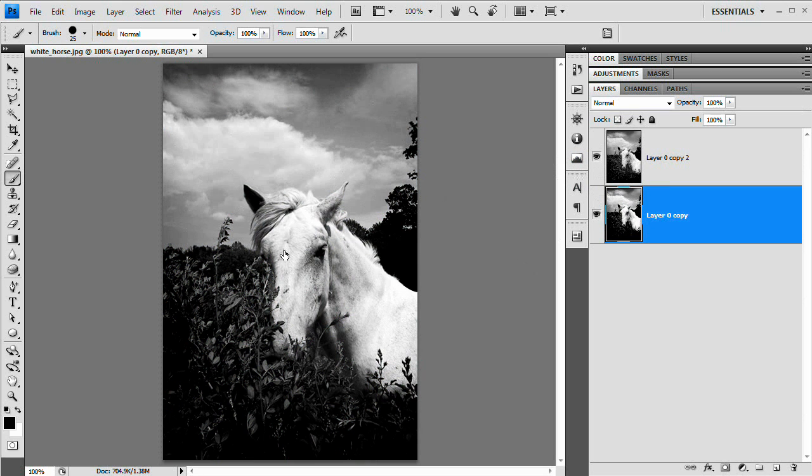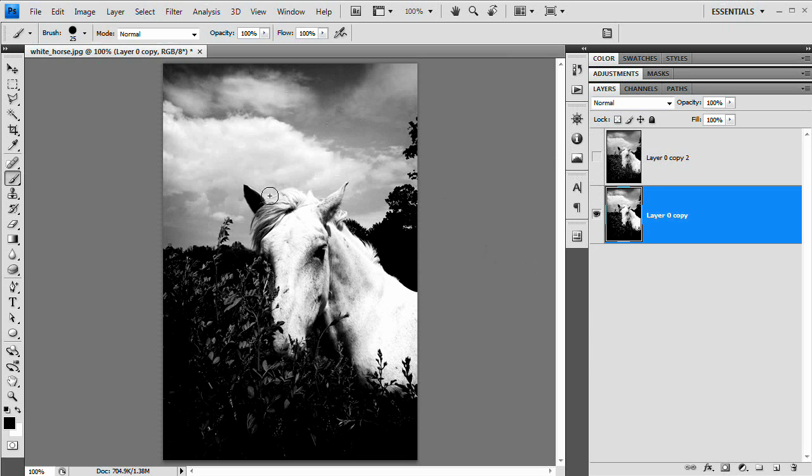If I turn the other layer on, you can see this was the black and white I had before. It's got much less contrast. You can see a little bit more in the foreground, but it's not quite as punchy as this black and white. And you can see it really does not take much time at all. Once you know how to do this, you can go in and literally in seconds have a decent black and white image. Now, it's not particularly my recommended way to convert to black and whites, but if time is pressing,